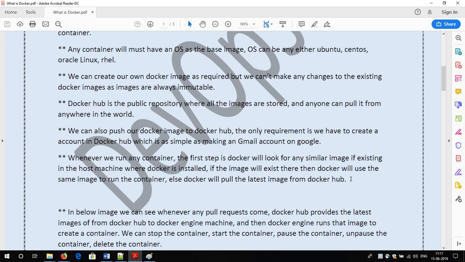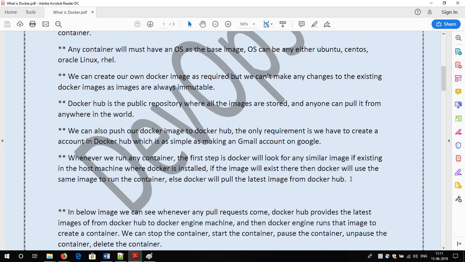Suppose you require an Ubuntu image, then there is a command: docker pull ubuntu. If you run this command, Docker will search for the Ubuntu image. First it will search for the image in your local host machine: do you have this Ubuntu image?